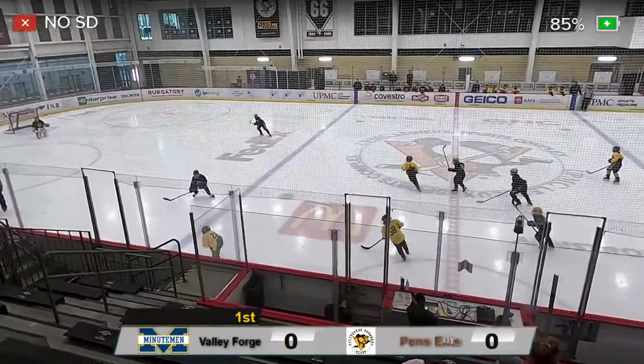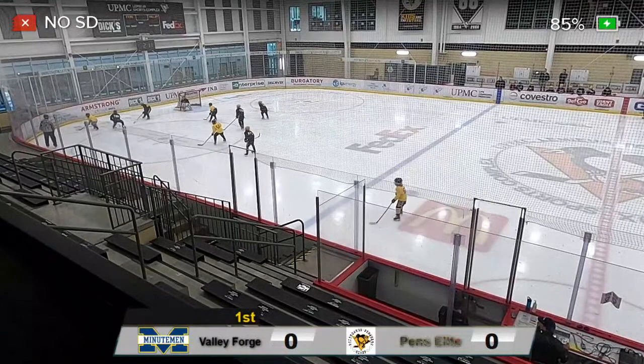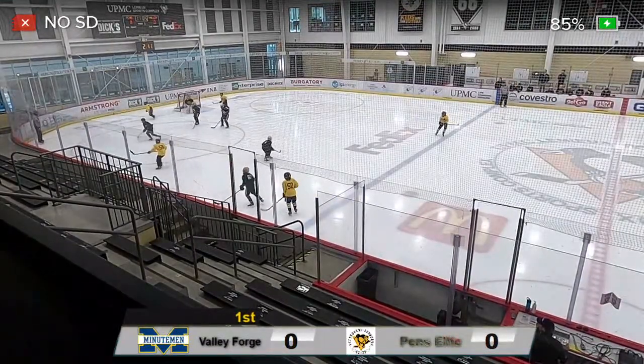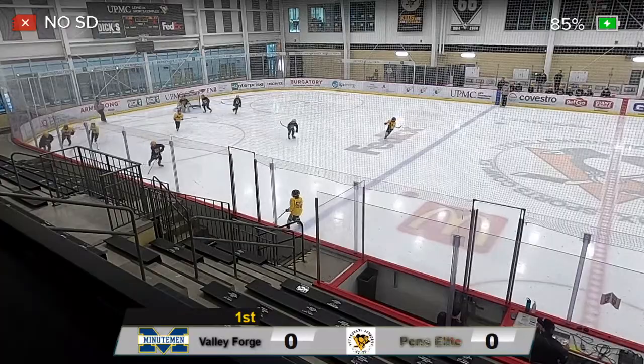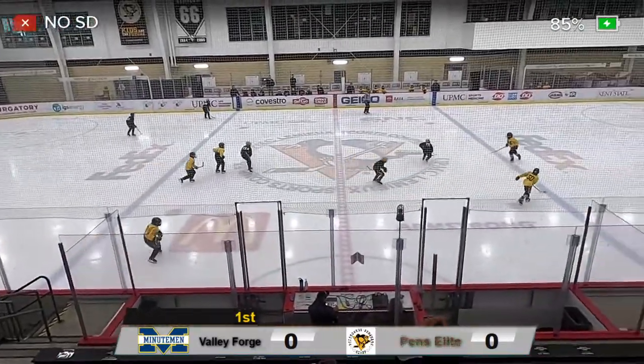Foligno tries to hit Schweitzer on the wing, but it's taken by Valley Forge, and they'll bring it right back into the Pens zone this time. Setting it all the way back to the point. Baru with the pressure. Valley Forge will settle with dumping it into the corner. Centering pass. Cut off nicely by the Pens defense. I believe Goldberg, and he'll send it up to center off the stick of Bowen, but he gathers it in